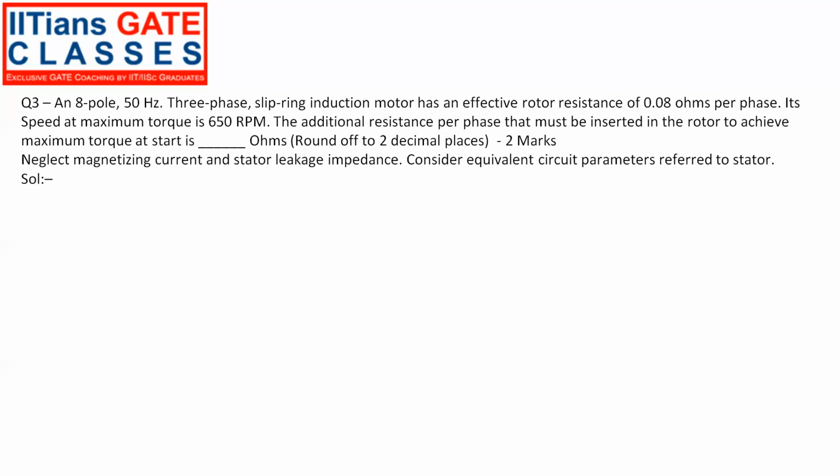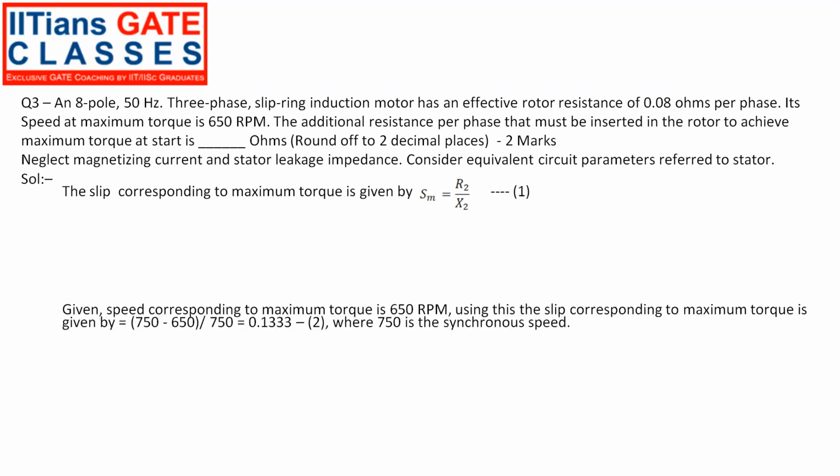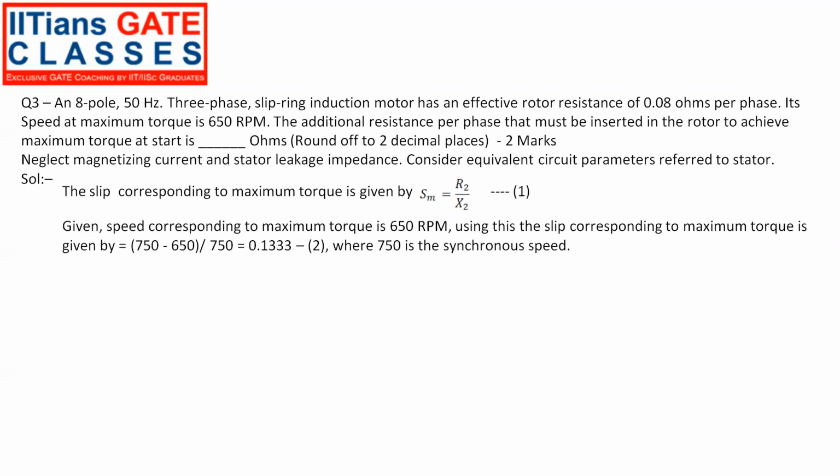Generally, the slip corresponding to the maximum torque is given by S max, which is equal to R2 by X2. R2 is the rotor resistance, X2 is the rotor reactance. They have also given us the speed corresponding to the maximum torque, which is 650 RPM. We know the synchronous speed Ns equals 120 F by P. If you do that, we get 750 RPM. So using 750 RPM and 650 RPM, we can get the slip corresponding to the maximum torque. That is 750 minus 650 by 750, which is